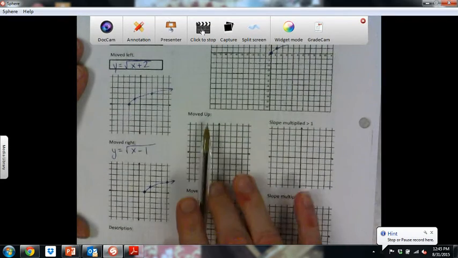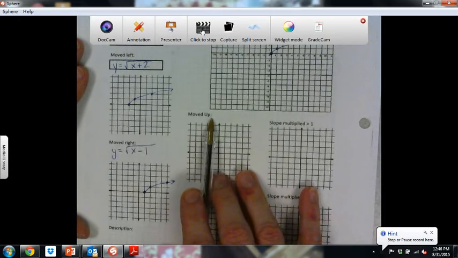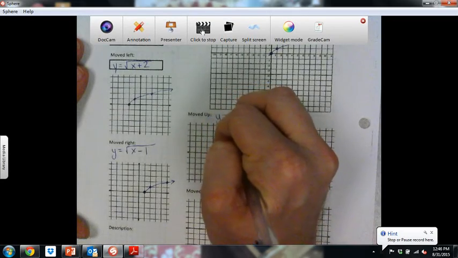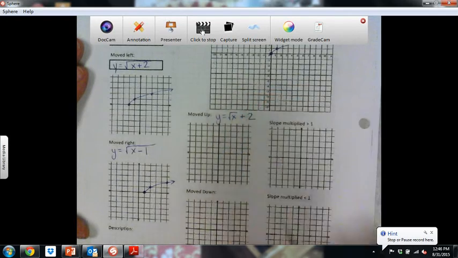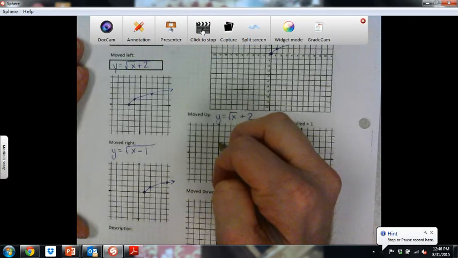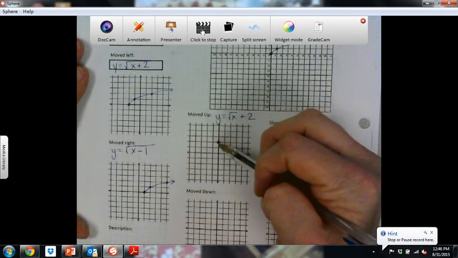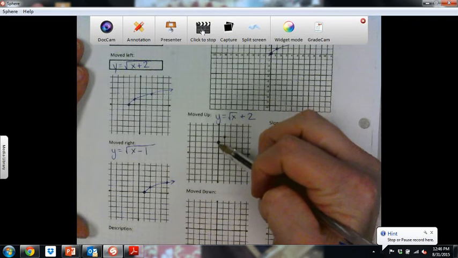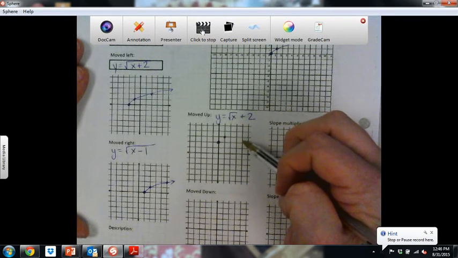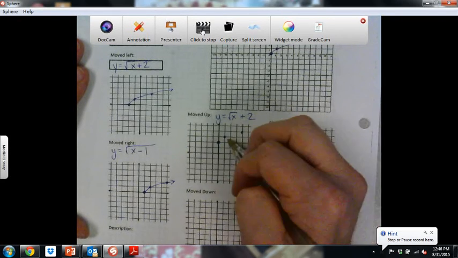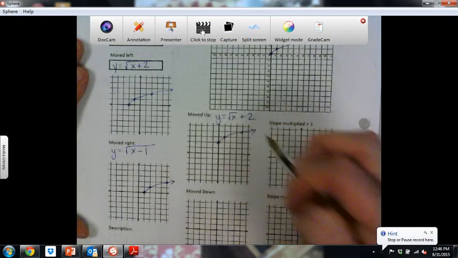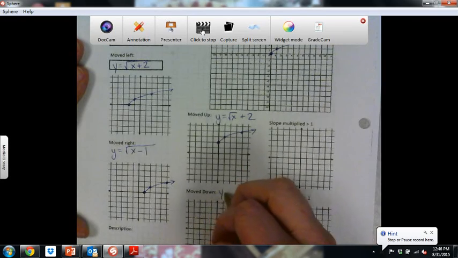Moving up would require me to add something outside the radical. So these were, again, under the radical. So y equals the square root of x plus 2 is going to move up 2. So if we were at 0, 0 before, we're going to go up 2. And then from there we went up 1 over 1. And then out 4, up 2. And then moving down would be something like y equals the square